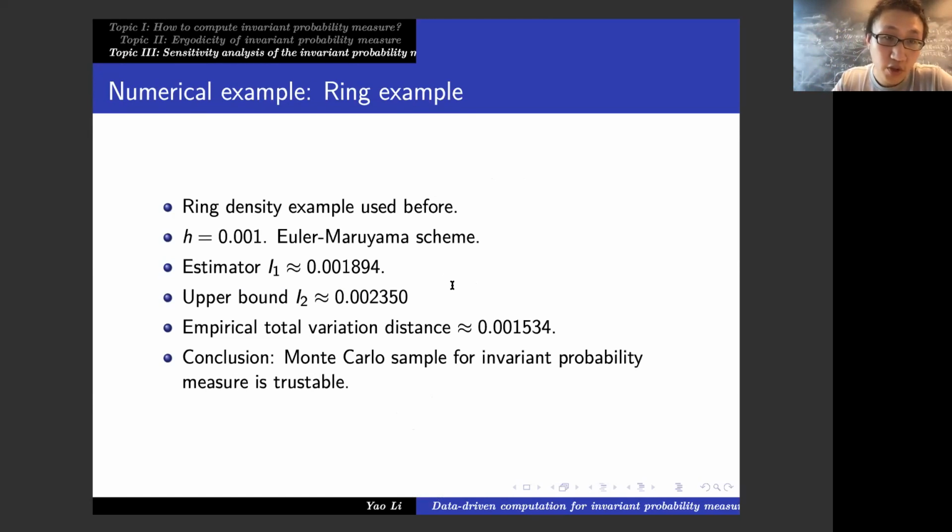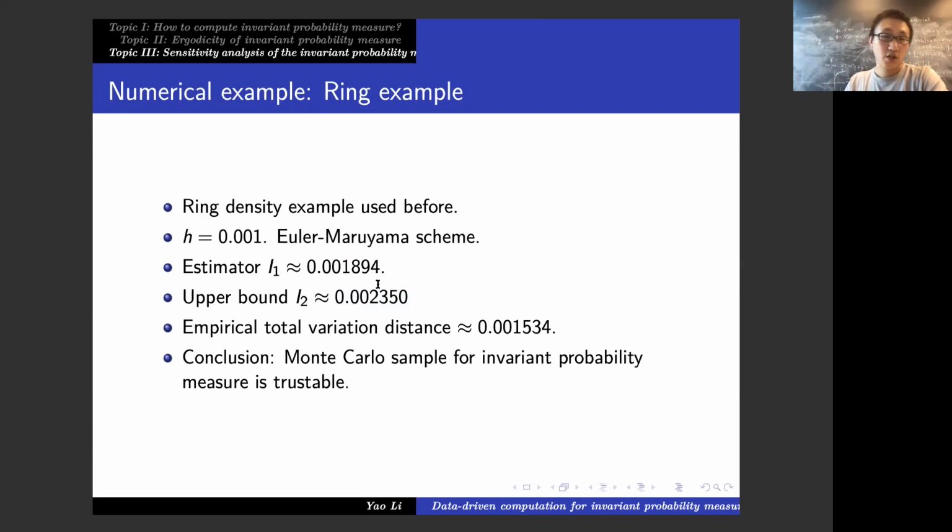One is the ring example I showed you in the very beginning, just a 2D ring. And we found that we can find the estimator. This estimator is obtained by just looking at the exponential tail. And in this one we really use the extreme value theory. You can see that this bound is more generous. And what is the empirical error? Because it's really simple, you can run a larger scale Monte Carlo, and then you have some extrapolation of your sample size, and it's about